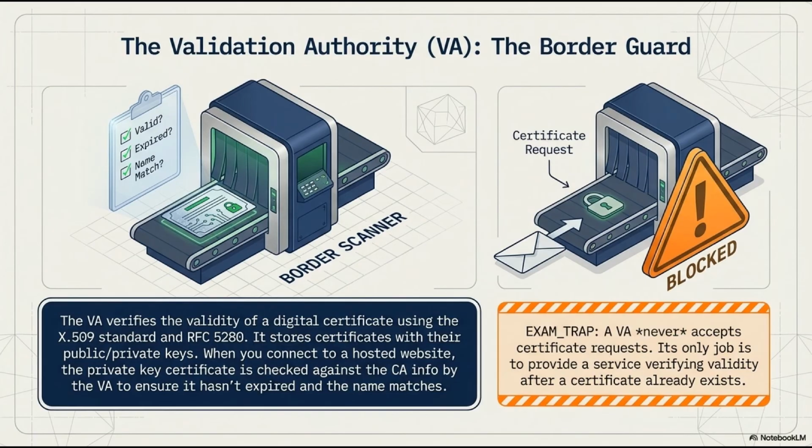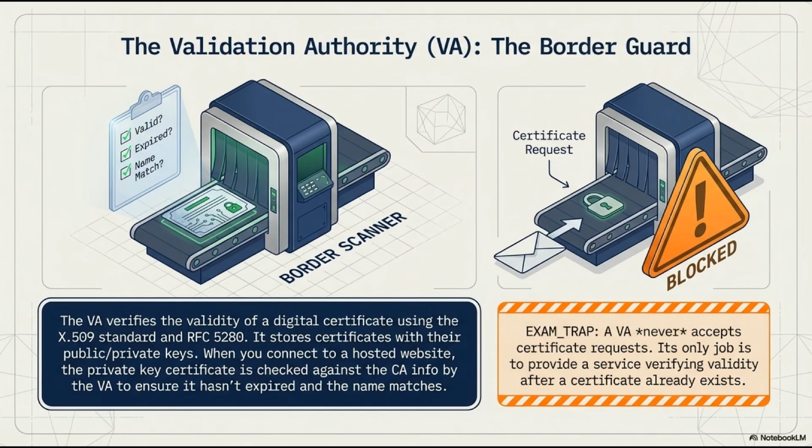So when your browser connects to a hosted website, it receives their certificate. It uses those universal rules to check the certificate against the CA's information, typically routed through a VA. Checking to ensure it hasn't expired. Right, hasn't expired, hasn't been revoked, and that the name on the certificate perfectly matches the URL you actually typed